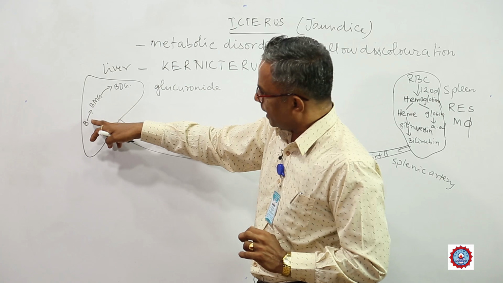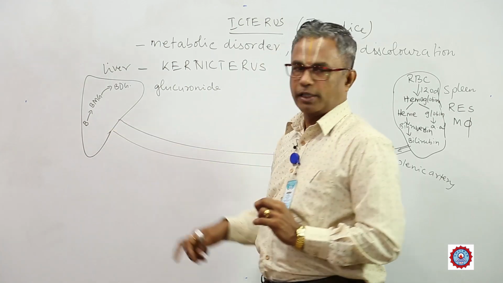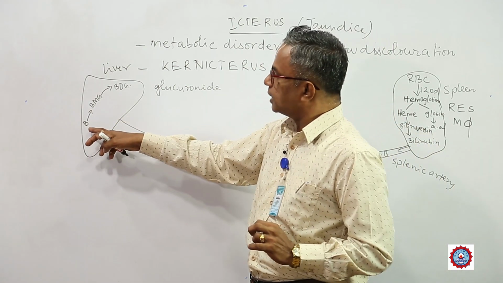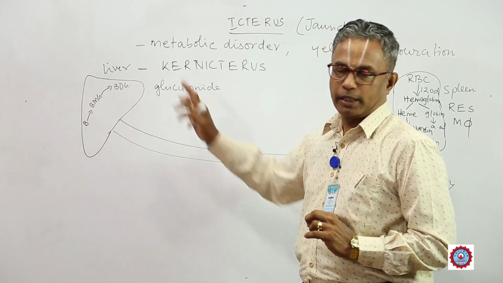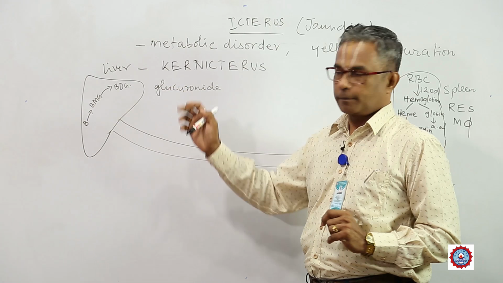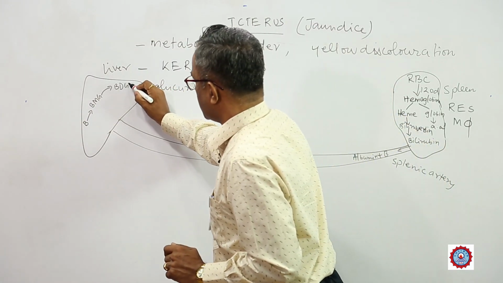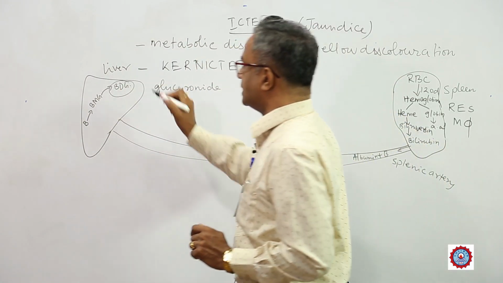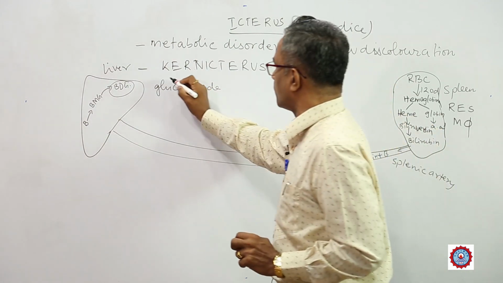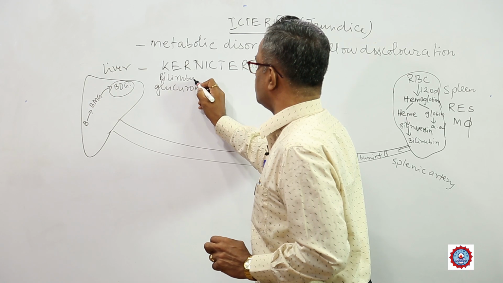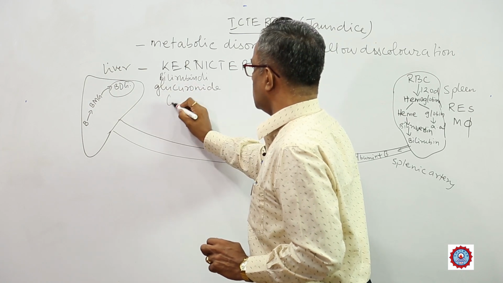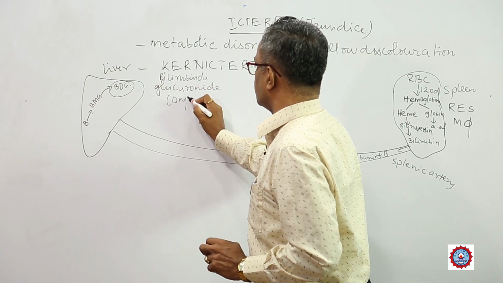Due to lack of space, I am not writing the details of the reaction here, I am just giving you the schematic representation of the metabolic reaction taking place in the liver. Now, this is called as diglucuronide, BDG, bilirubin diglucuronide. Bilirubin diglucuronide is called as the conjugated bilirubin,